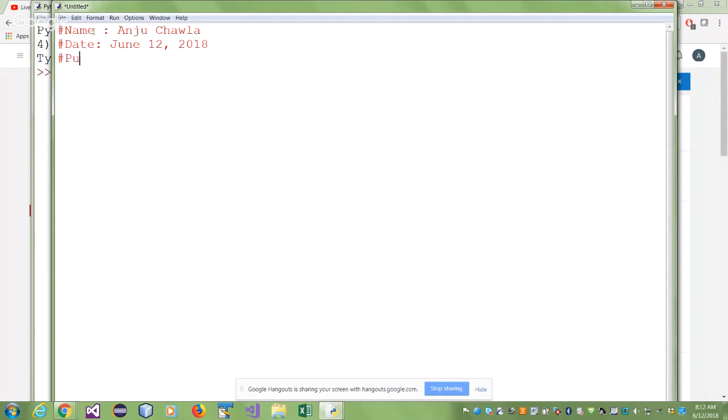And it's June 12th today. And the purpose of the program is to introduce you to a very, very effective, powerful tool in Python. Yeah, not tool. It's a data structure. I shouldn't be calling it tool. Tool means you can work with it, but it's basically a data structure. So the aim is to introduce you